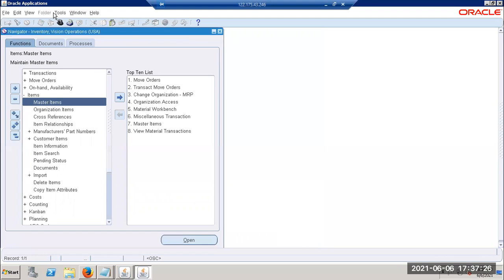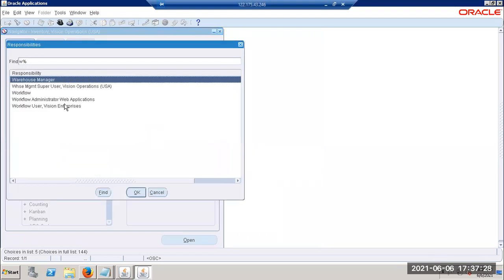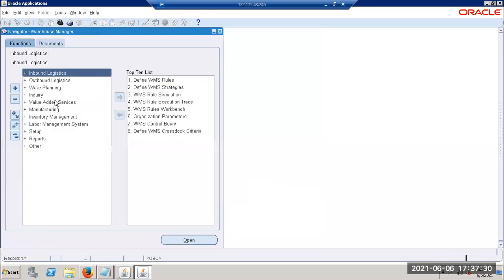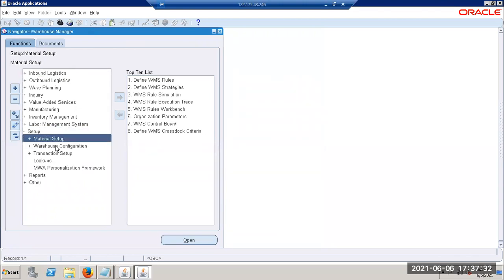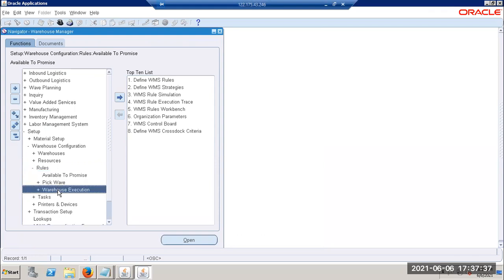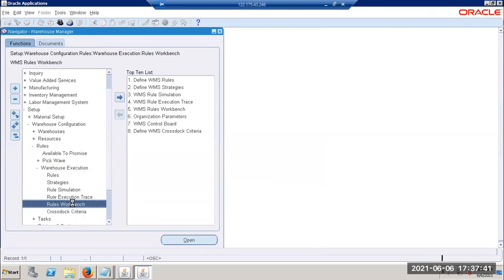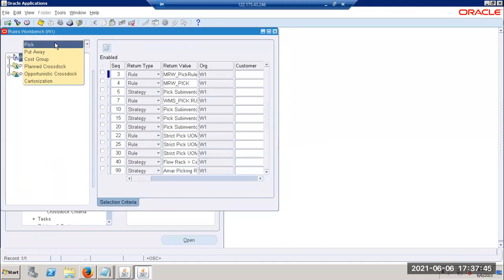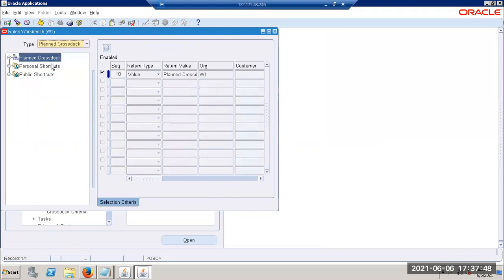Now go to our warehouse manager responsibility and open the rules workbench. Scroll a little down. W1. Yeah. Go and set your plan cross docking. Uncheck the first one. Yeah, uncheck it. Just select. Give 5.